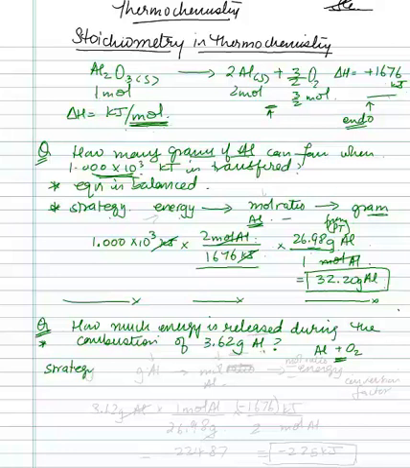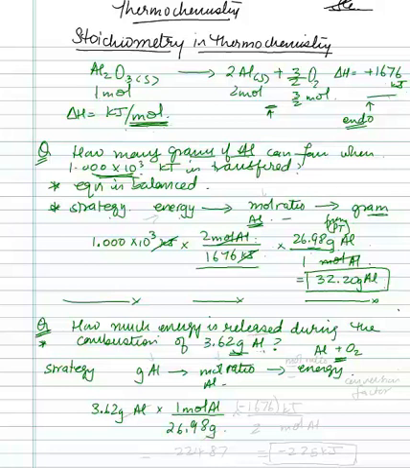Otherwise the strategy is still the same; the strategy does not change. The strategy here starts with grams, because we're given grams of aluminum. So grams of aluminum to moles, then the mole ratio, aluminum to the energy, and then we go from there to the energy that is being released. Now let's put in all the numbers. We have 3.62 grams of aluminum, and to convert it into moles, in 1 mole of aluminum we have